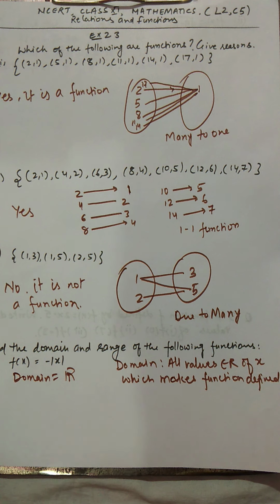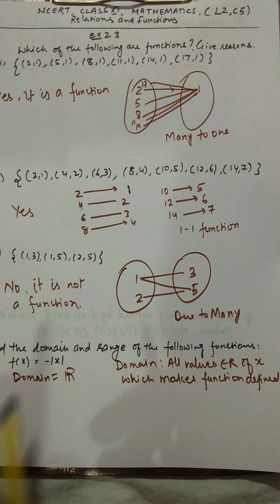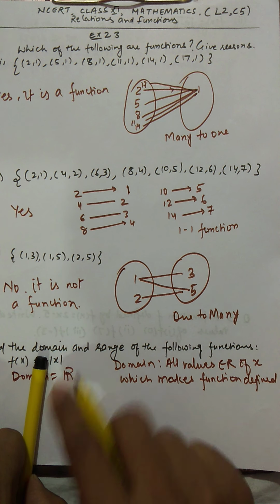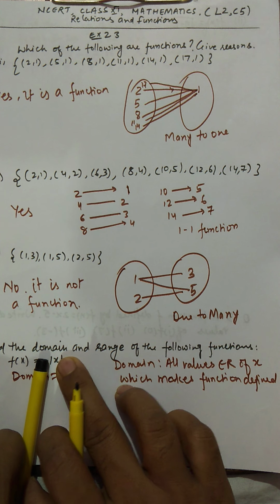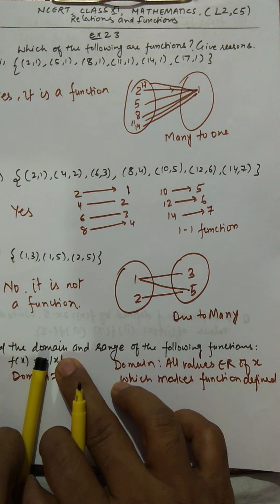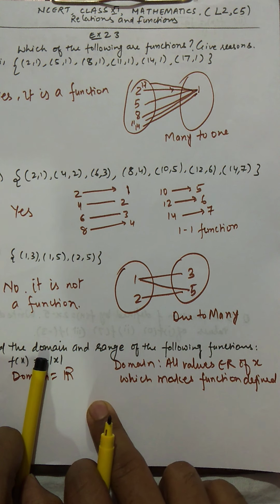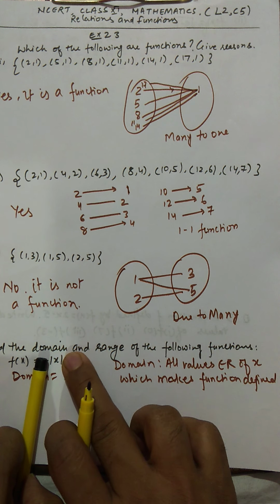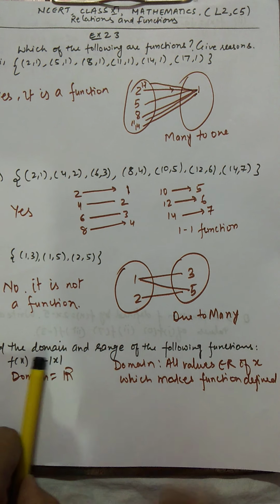And now just think about the answer, which kind of answer comes. If I remove this minus sign for the time being, then mod x, you know, the answer is always positive. If you put minus 2, it becomes plus 2. If you put 2, it becomes 2. If you put 2.1, it becomes 2.1. If it is minus 1.5, it becomes 1.5. So you can put all real values, but the answer always comes positive.